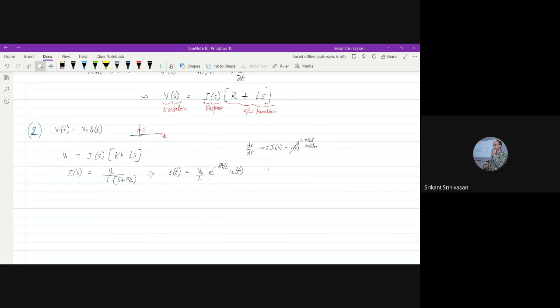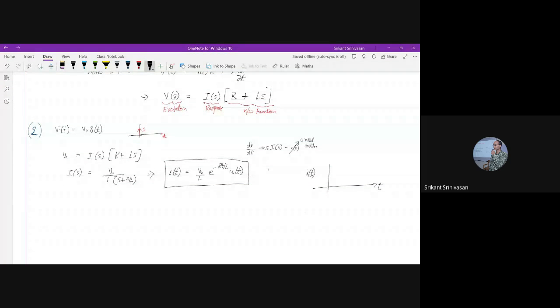Let us figure it out. As time t tends to infinity, u of t is equal to 1 and this term becomes 0. So essentially I have some impulse function, and our current response seems to say that I will have t and I will have I of t. Initially at time t equal to 0, I know that the current has to be 0. Thereafter, the current rises up quickly, and then at infinity it again goes back to 0. So it probably does something like this.